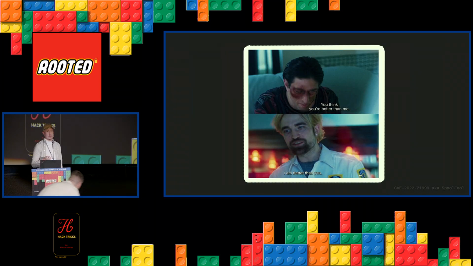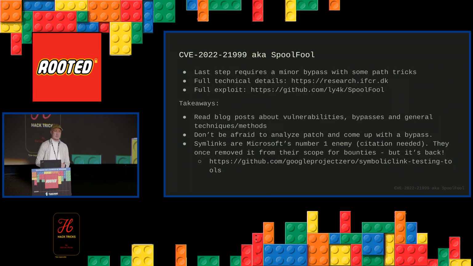So obviously Microsoft has seen this bypass trick before, and they tried to be smart about it and expand the symbolic link into an absolute path. But that just requires a few bypasses that you can read about in the blog post. There's also a full exploit if you would like to read more about how I coded it and interacted with the print spooler service. But the takeaway of this is not the technical details, but I want to focus on